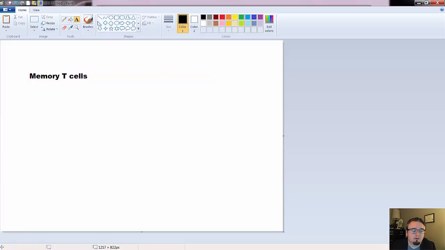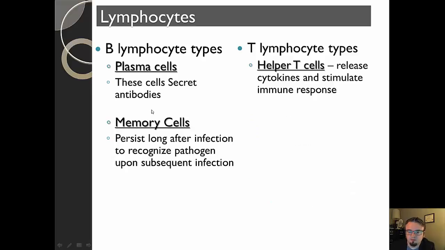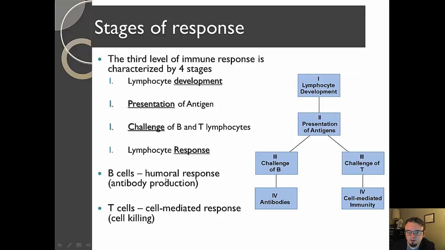Forgot to include that one on the list there. Okay, so memory T cells go on there as well. So these are some of the most general, common types of lymphocytes, and we'll talk about some of the responses here. Plasma cells secrete antibodies, and when we look at the humoral response in more detail going forward,